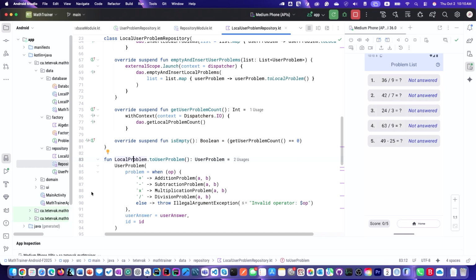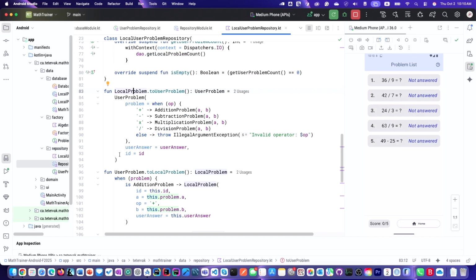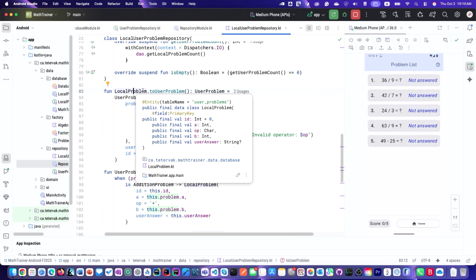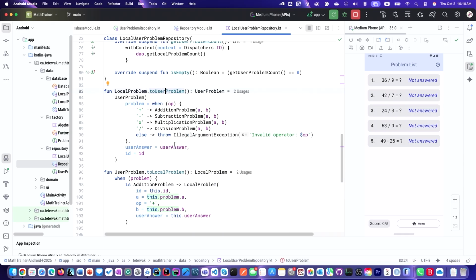This is how you define extension functions. You use name of the class, then name of the function, then definition. You use curly braces if it is long. If it is short, you can just assign code to it, if it is one piece. So what is the code? Calling constructor. In this case, user problem. This constructor requires one parameter, and